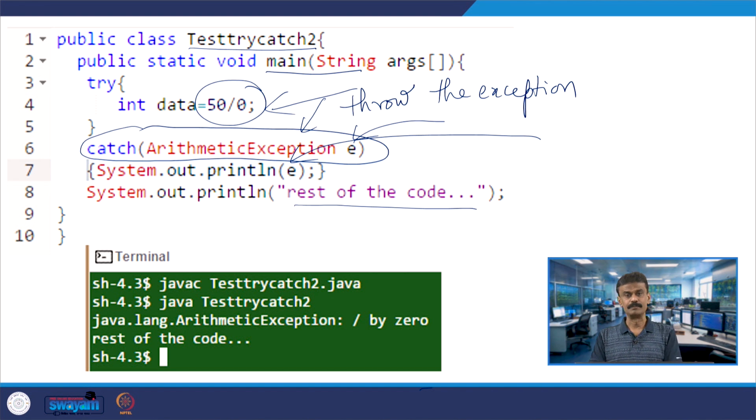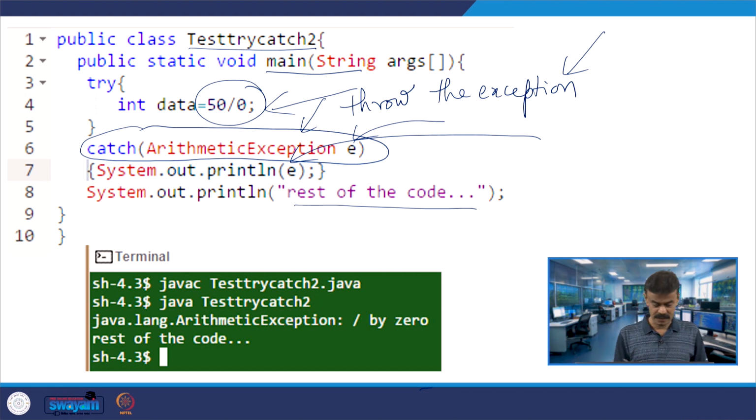So, that means here you have taken care of the flow of the code, right. Suppose you are not writing this catch statement, let us say without try catch, in fact we had seen 50 by 0 calls the standard Java exception, and then we had seen the output we got, it will give an exception error, alright. So, here you have carefully taken care: 50 by 0 will throw the exception, and the exception you are printing over here, and then one more System.out.println statement, rest of the code.